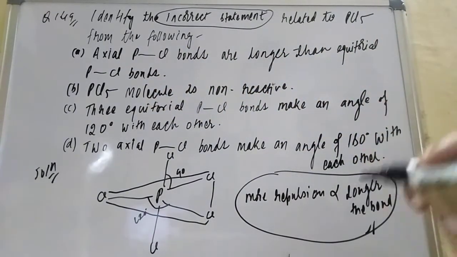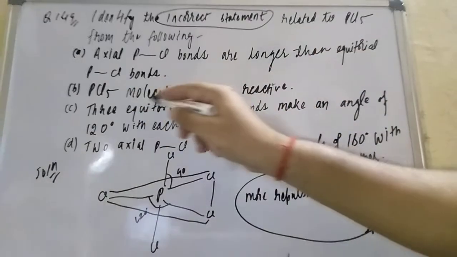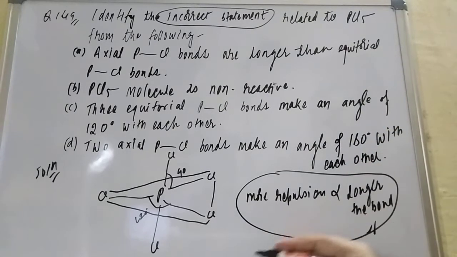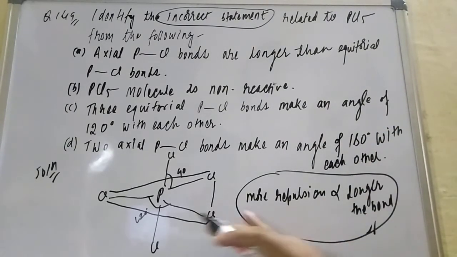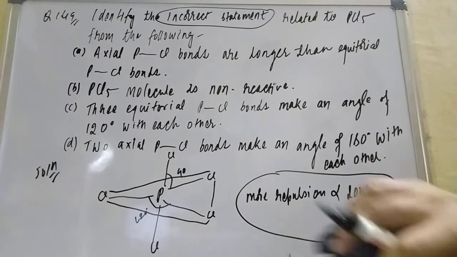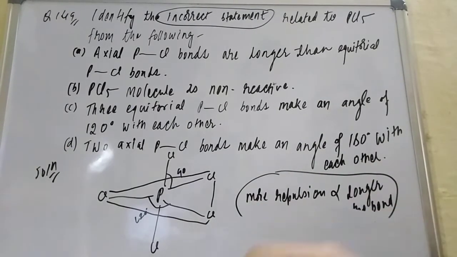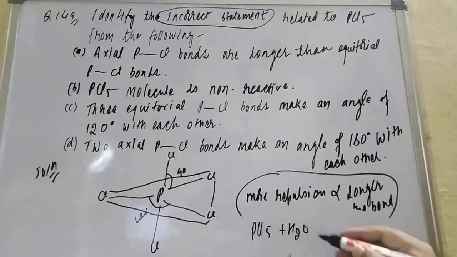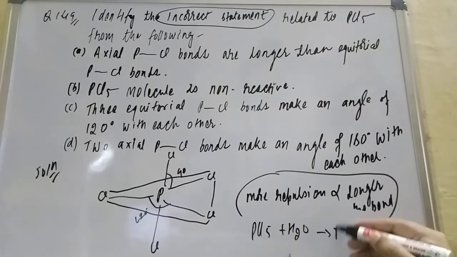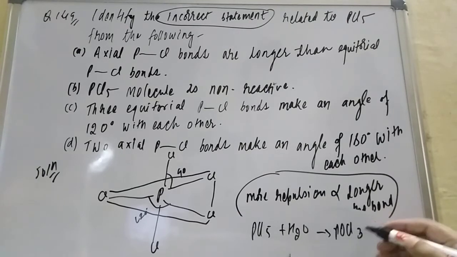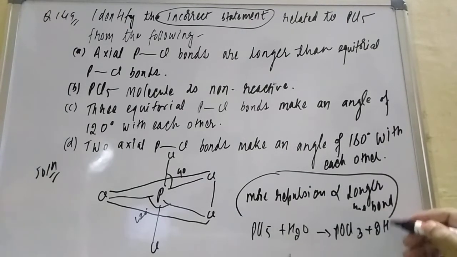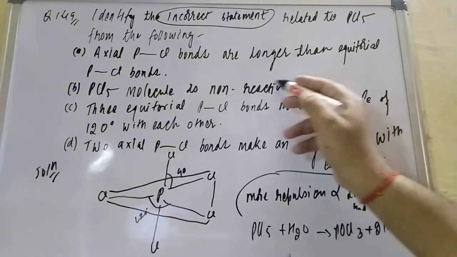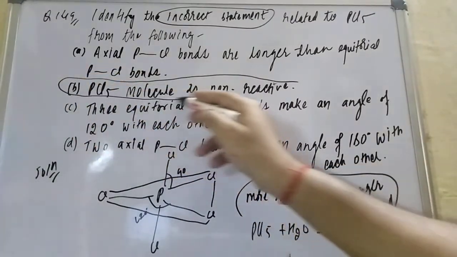That is very true. Now second point, PCl5 molecule not reactive. This is not correct. PCl5 molecule not reactive, that is incorrect, student. PCl5 molecule gets reacted. Okay, how does it react? It actually reacts with so many metals, but here is PCl5. If you are hydrolyzing it with H2O, it will give POCl3 plus 2HCl. So PCl5, what they are saying, that it is non-reactive, this is the wrong statement.